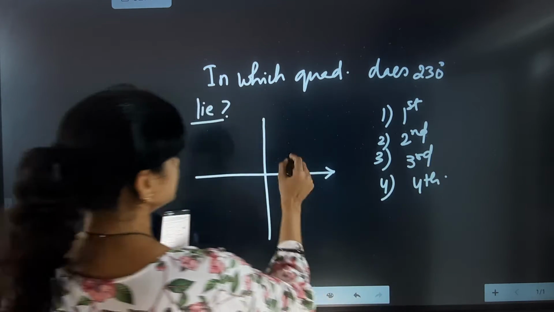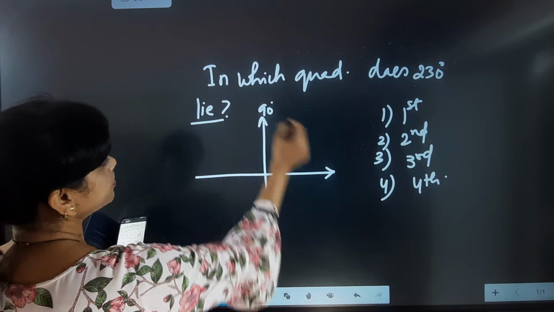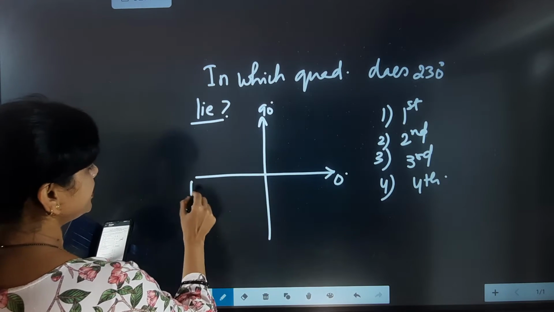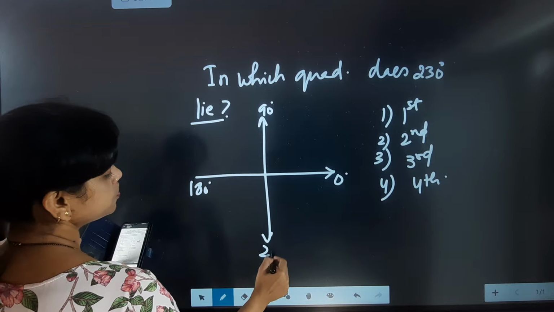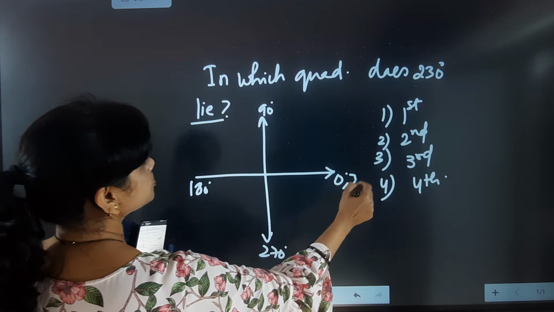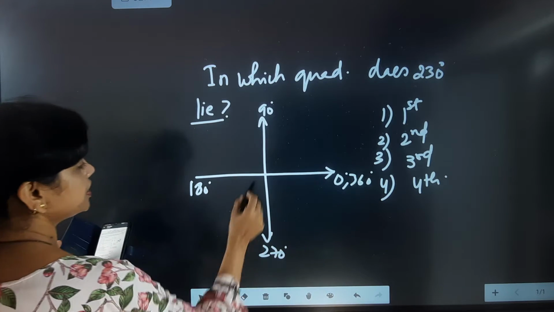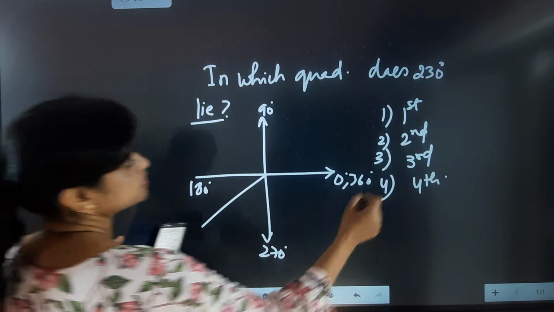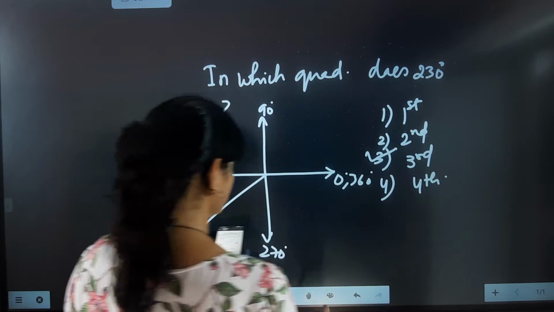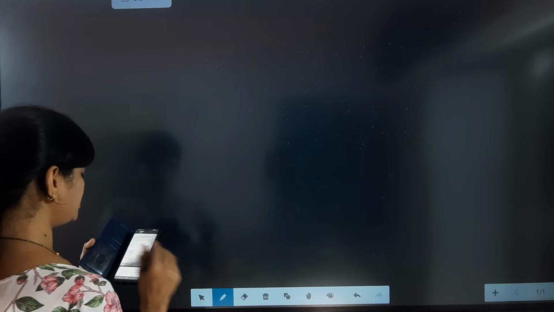So now check, this is exactly coming between 0 to 90 degree. पहला 0 to 90 degree, फिर 180, then 270 and then 360. So here the value coming is 230. So 230 means third quadrant. So answer will be 3, that is third quadrant. Now shall we go for the next question?